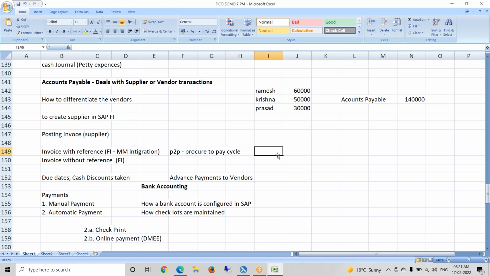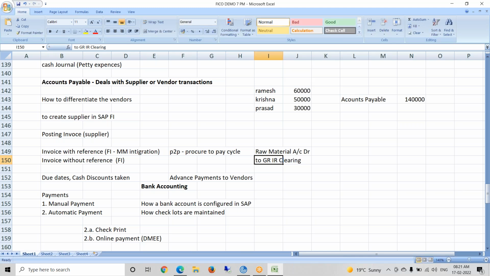But here, once you receive the goods, the system will automatically post the accounting entry. If you are procuring a raw material, raw material account debit to GR/IR clearing account.